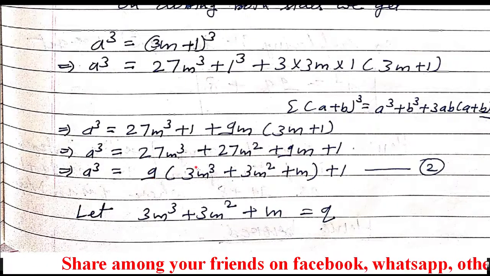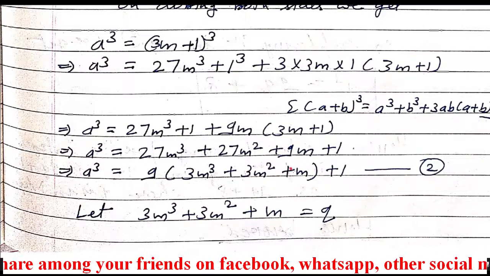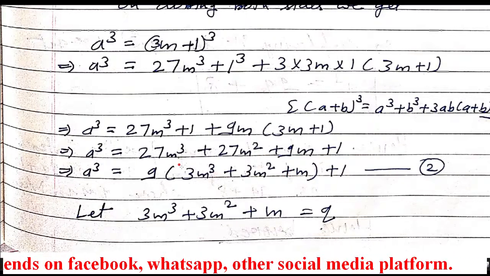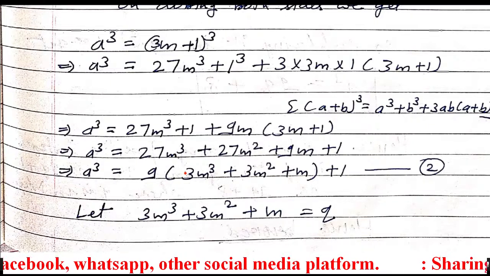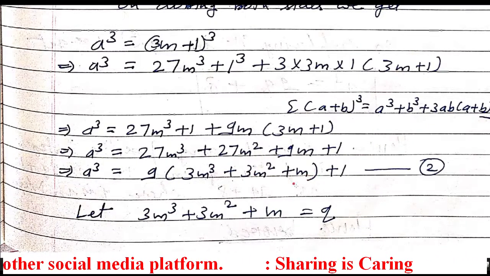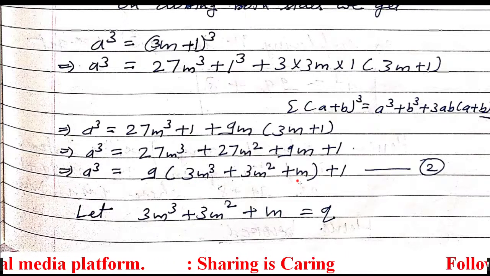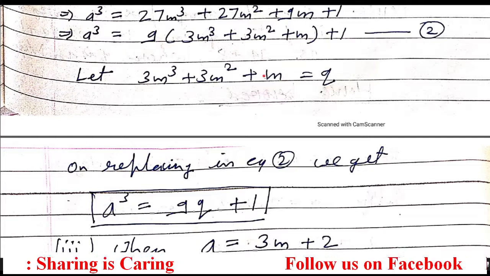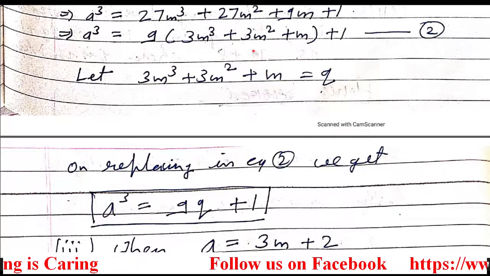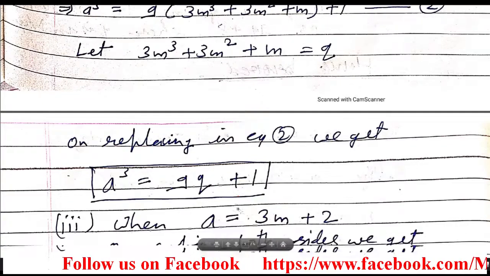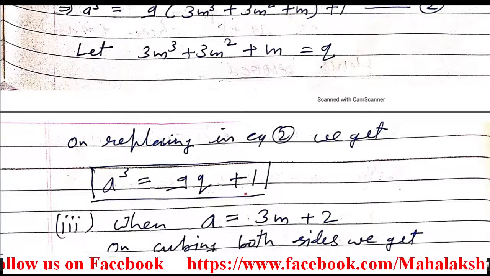So 9 3s are 27. Again 9 3s are 27. Then 9 1s are 9. The 1 I did not write, it's not necessary. Now the variables you just write down as they are: m³ as it is, m² as it is, and m as it is. Now this complete bracket we are going to assume as Q. Now in the next step, replace this bracket by Q in the equation, that will give you